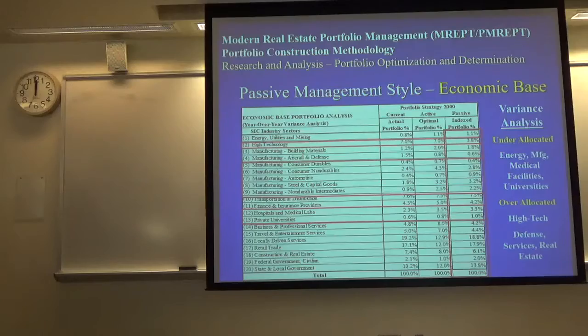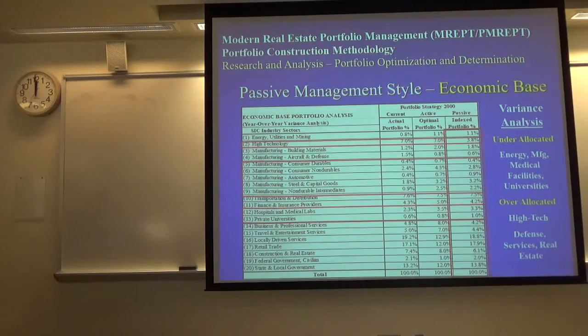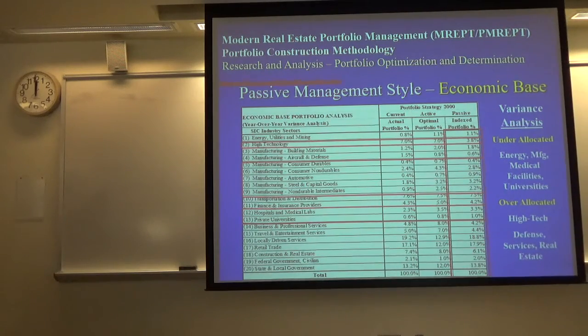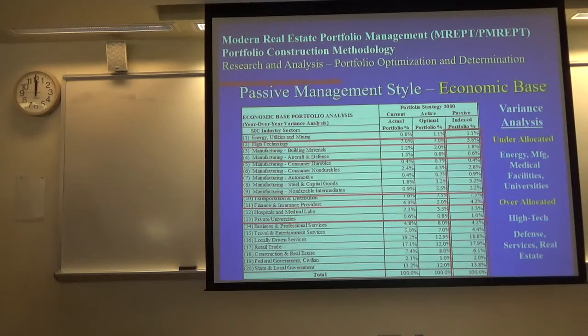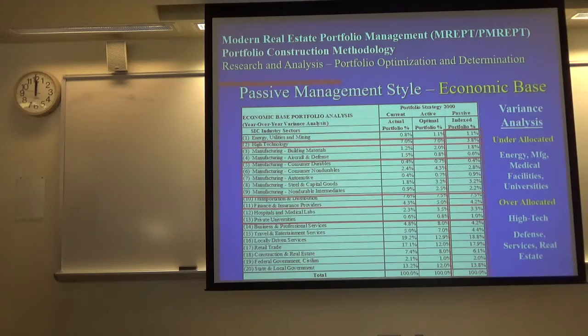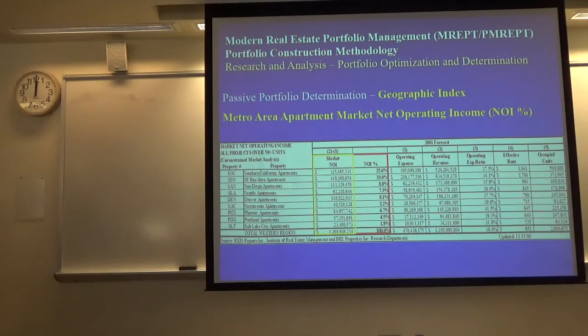So we also used an economic base model to look at where we were over and under concentrated by economic base, because you can diversify geographically, but if I'm investing all my money in Cambridge, Massachusetts, Santa Clara County, San Diego County, and maybe Eastside Seattle, I'm getting very high concentration of tech. I'm getting diversification geographically, but I'm concentrated in the same industry. So that doesn't make sense.